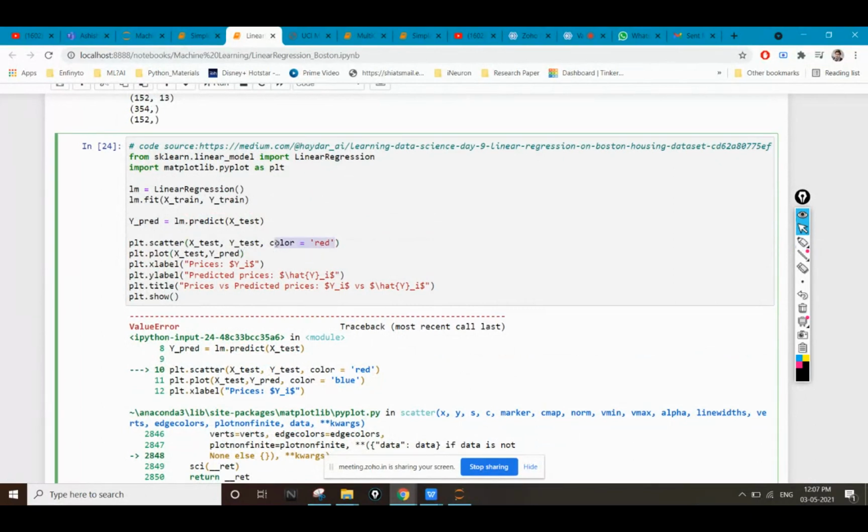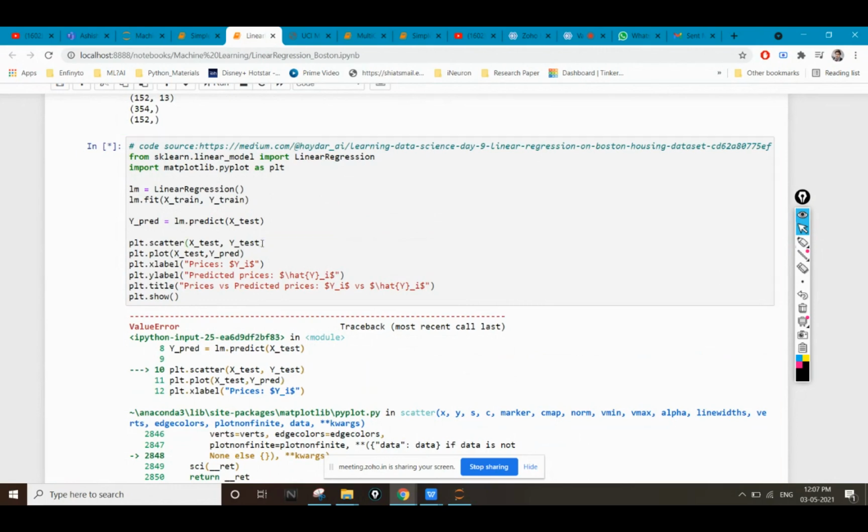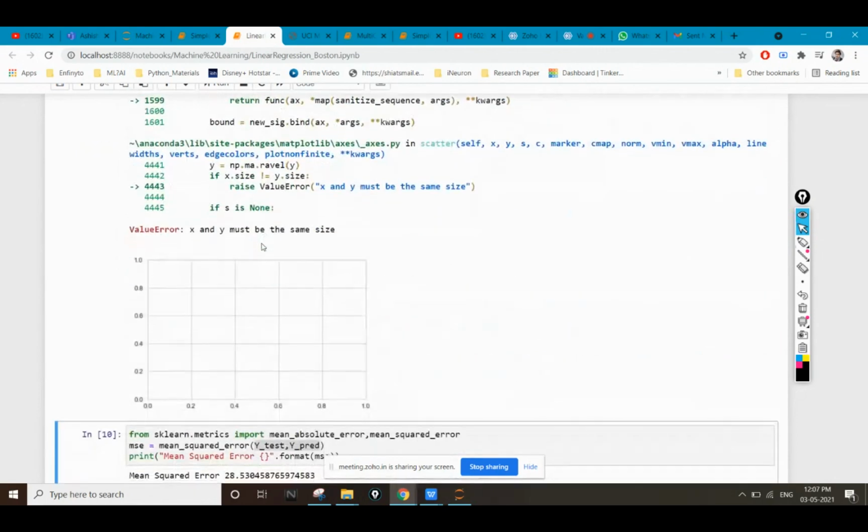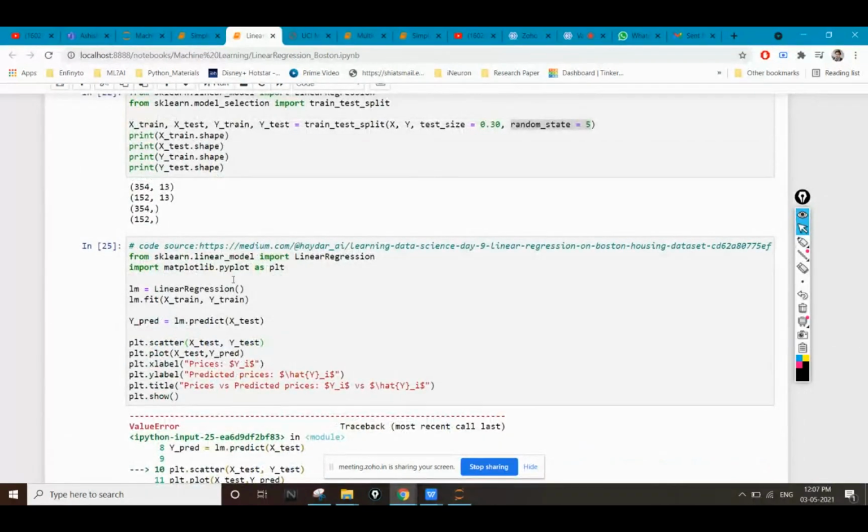Let us remove this color. It's saying X and Y are of different sizes.